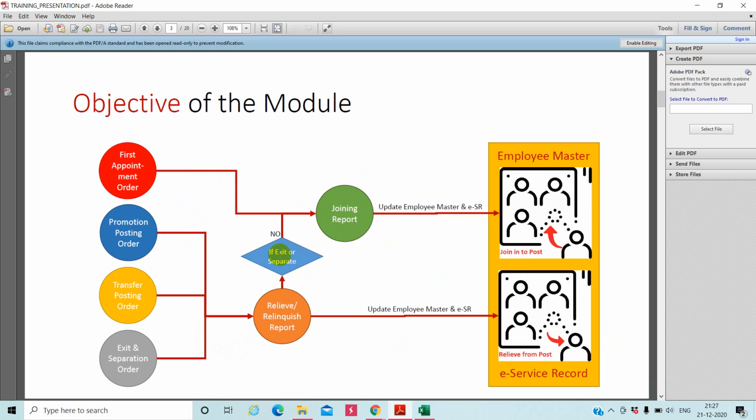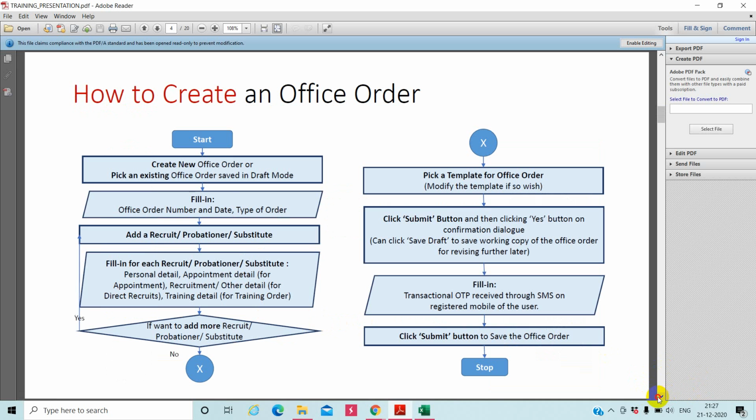Then, if exit or separation, the posting promotion order, transfer posting order, exit and superannuation order, and daily relinquish report are also updated in the employee master and the ESR.